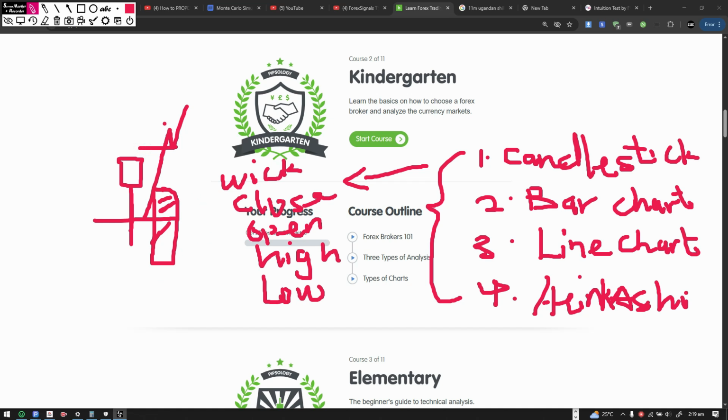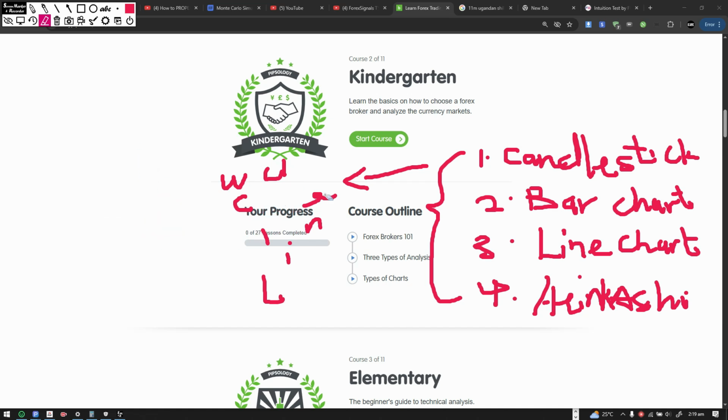And let's move to the bar chart, right? Okay. So the candlestick has the wick, the close, the open. Oh, okay. I should have explained each, right? Sorry. Okay, so let's have a diagram like this,